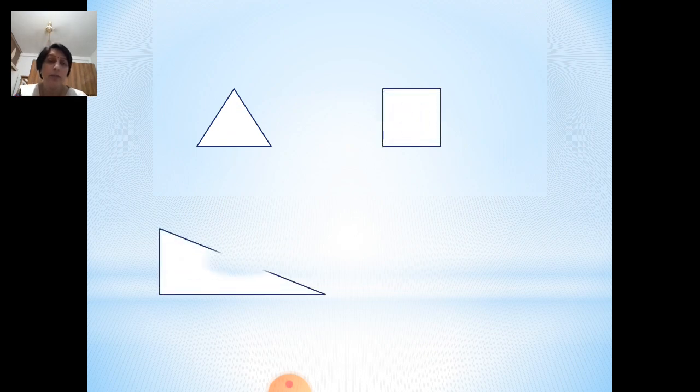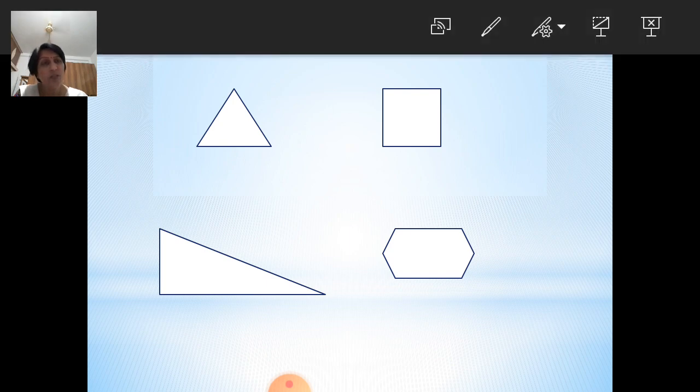Now, let us see some more figures. Here is a triangle, one more polygon, another triangle, another polygon. Again, notice how they are different. You can see the first figure. In this figure, all sides are looking equal, all angles are equal. So you can say that this figure is an equilateral triangle. In the second one,